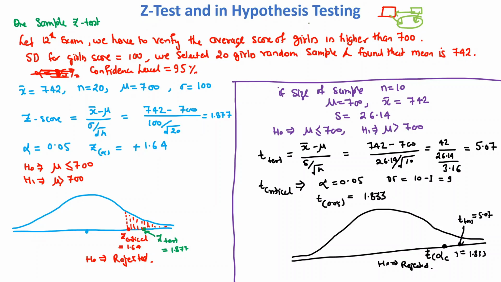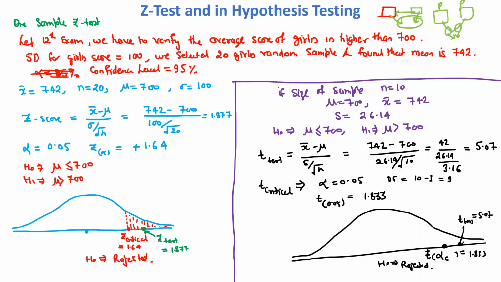And what is the two sample z-test? Two sample z-test is used when we have two data sets, two populations, and we compare them. For that we can compare the mean of population 1 and the mean of population 2, that is, the means of these two data sets. This type of problem we solve using the two sample z-test.